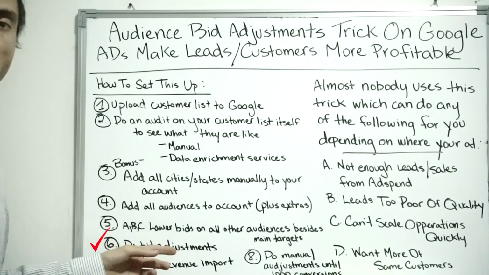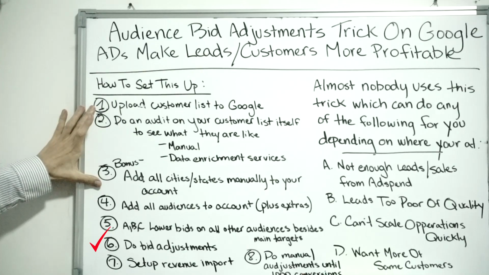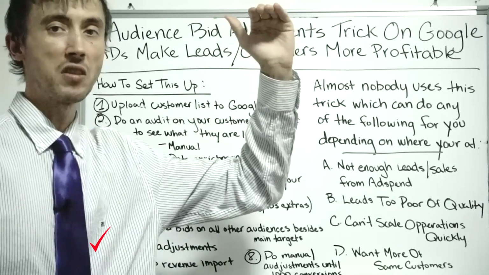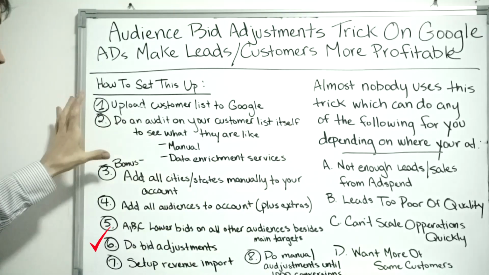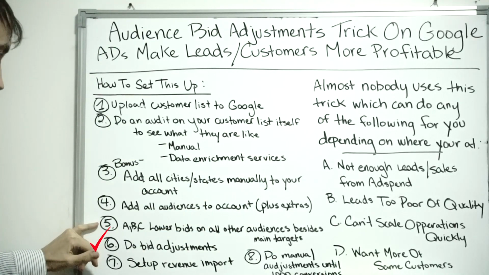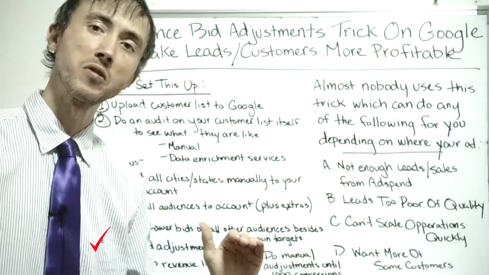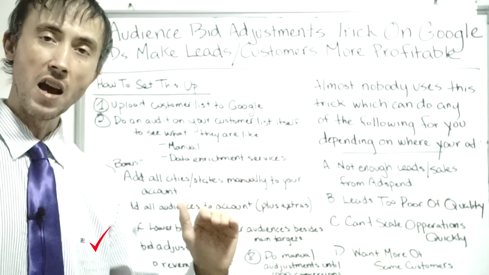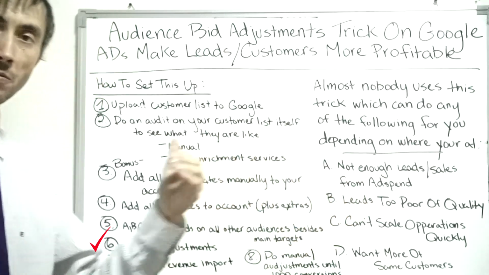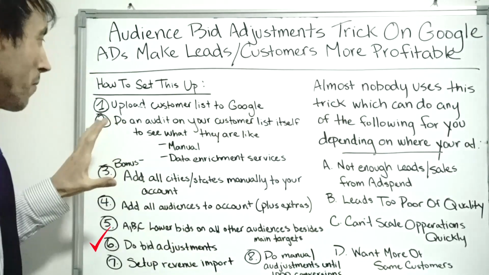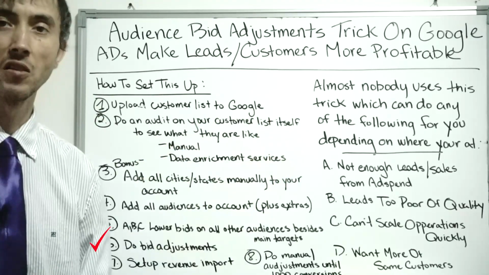So what this ultimately does is, once you do a bid adjustment in the audience menu on the things that make your customers unique, say a plus 500% or plus 900% bid adjustment upwards, and then on the traits that don't make your customers unique you do a negative 900% bid adjustment, then for the keywords you're targeting, your ad will only show up if, when they search for those keywords, they also have one of these traits that make them unique.